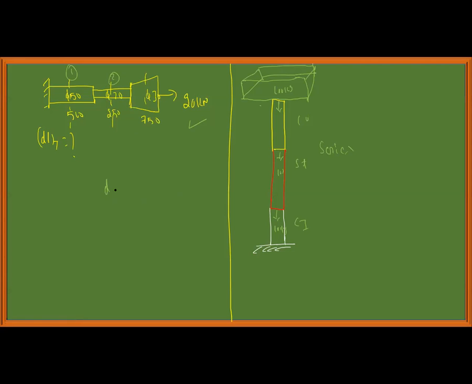But the total deformation will be equal to the sum of the deformation of each and every section, each and every part, but the load remains the same. Load carried by each section, each part, is the same. Whereas if you take the parallel arrangement like this,